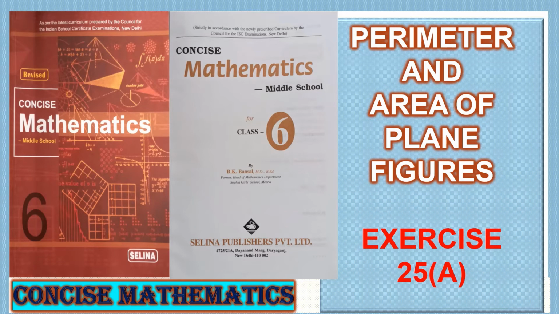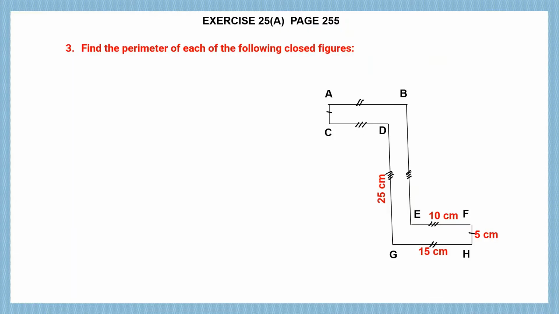Hello students, today we are doing perimeter and area of plane figures, exercise 25A. This is on page number 255. Question 3. Find the perimeter of each of the following closed figures, and this is the first figure given to us,